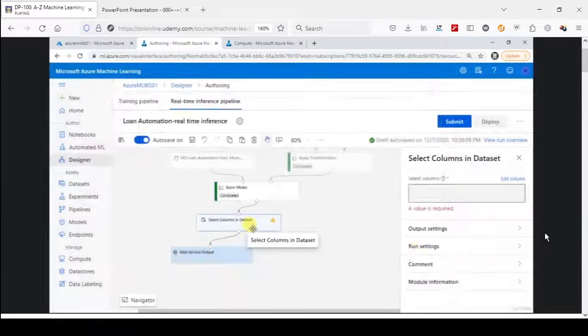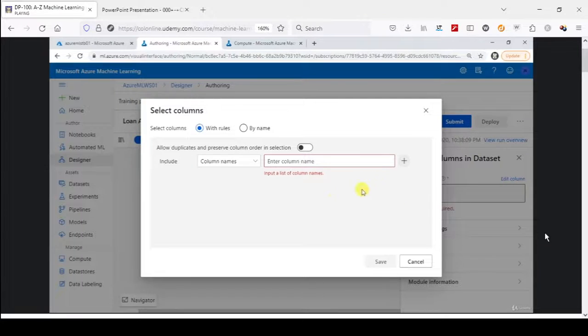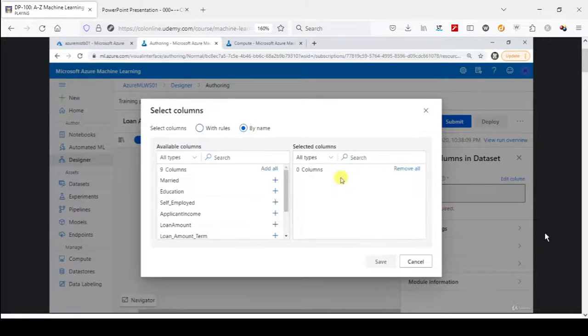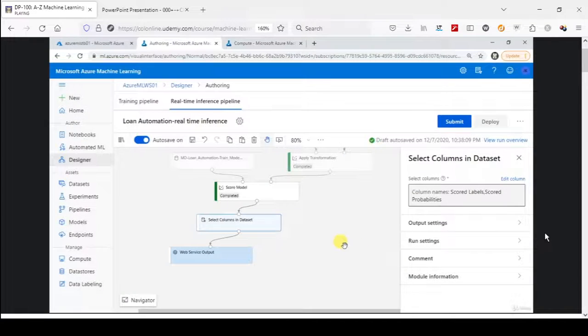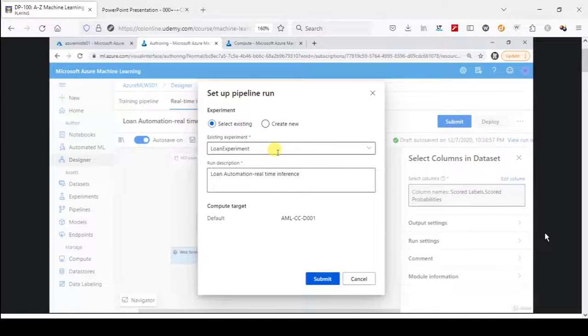So click on this select column module, click on the edit columns link, and then by name, and select just the scored label and the scored probabilities. Click on save again, and now we can submit this run again because we have added this extra module over here. So click on it, provide the same experiment,